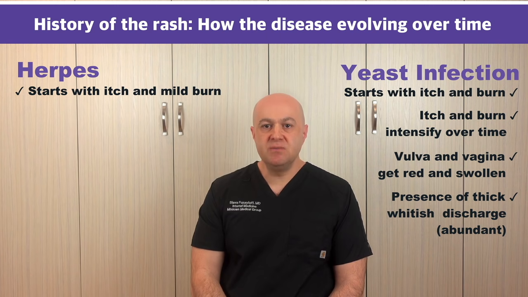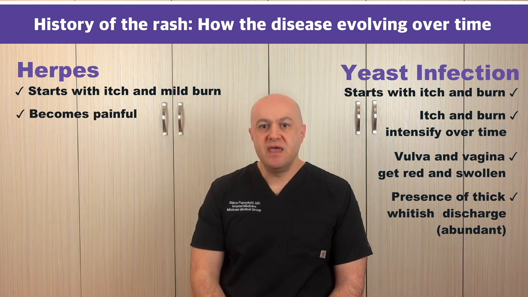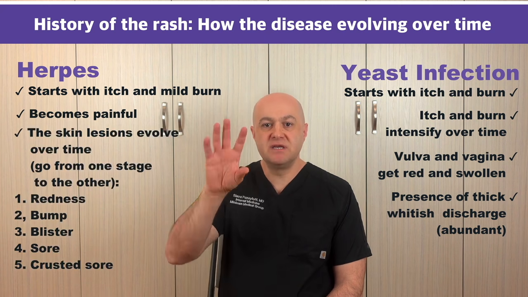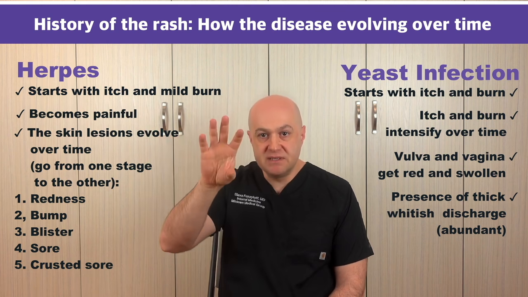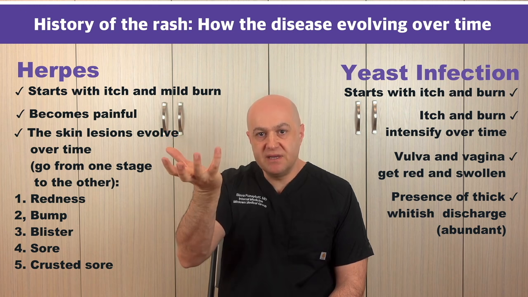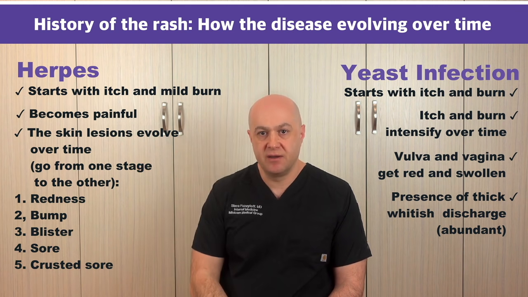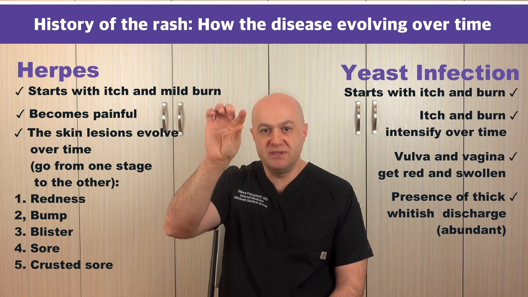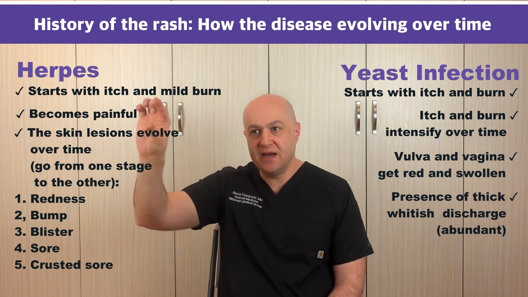For herpes, the initial burning and initial mild itch usually turns into pain, and the area becomes red, the area becomes bumpy, and the bumps turn into blisters. It evolves over time. The roof of the blisters comes off. The person ends up having open sores, and those sores usually heal without leaving any scarring. So the herpes lesions go from one stage to another gradually, and during the entire time,